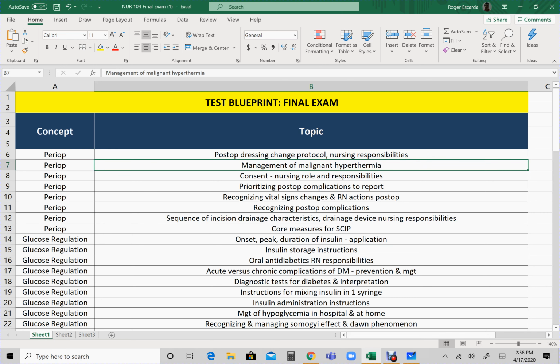Chapter 15, management of malignant hypothermia. When it says management, it didn't specify what about malignant hypothermia. So therefore this will cover risk factors, meaning what can trigger it. This might also cover signs and symptoms, and this is an emergency, so we look at the earliest indicators,